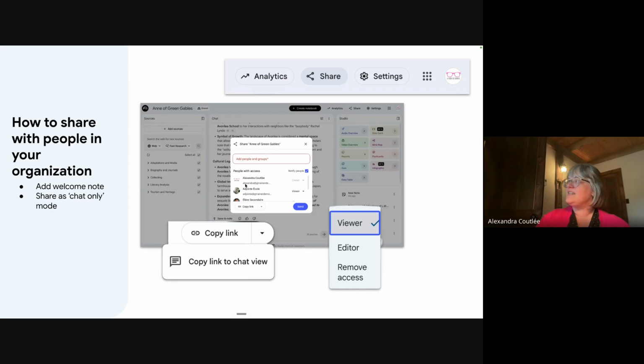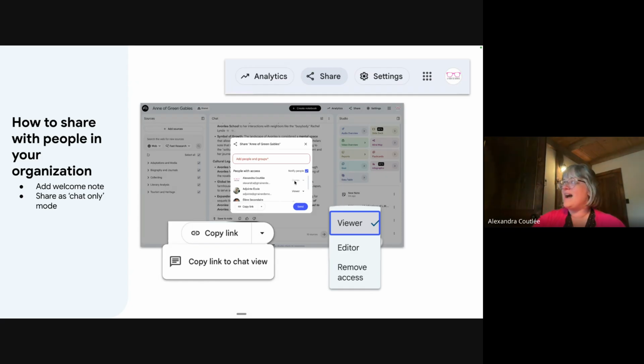Now, notice once I share, I have this little button here that can allow me to notify people. If I click this, then Chantal's going to get an email telling her I shared the actual notebook with her. If I don't, then I can just talk to her, because we're humans and we can still talk. So we don't always have to send emails. So if I'm going to see her in person, I might as well tell her.